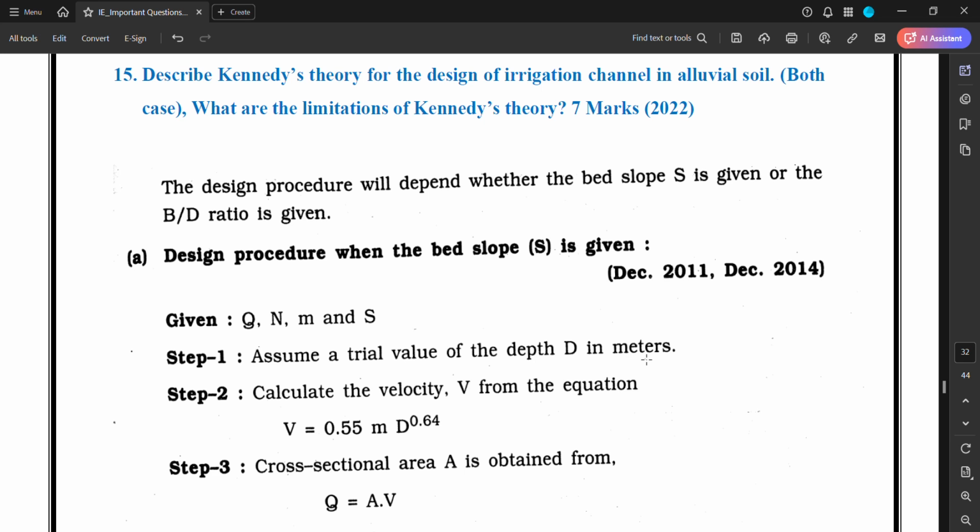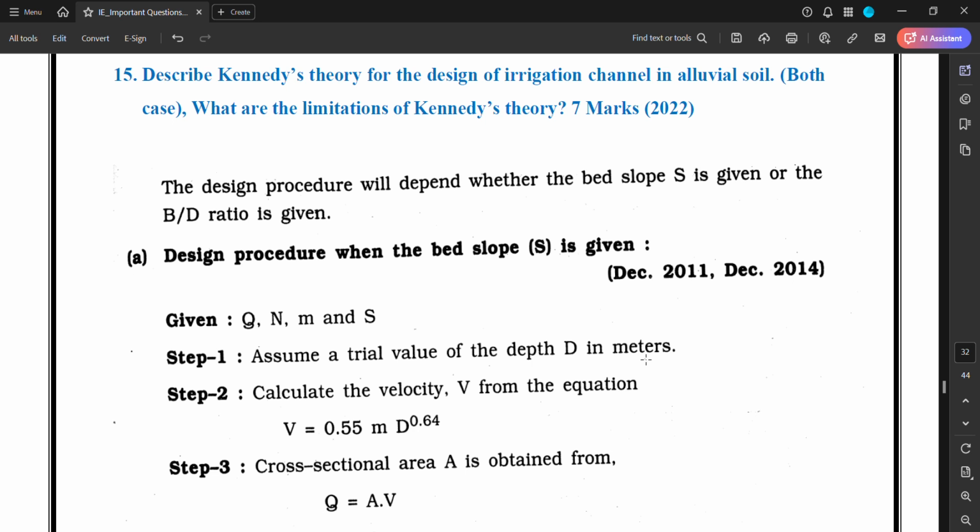Now, the next question is: describe Kennedy's theory for the design of irrigation canals in alluvial soils. What are the limitations of Kennedy's theory? This question was asked in 2022 for 7 marks. The design procedure will depend upon whether the bed slope is given or the